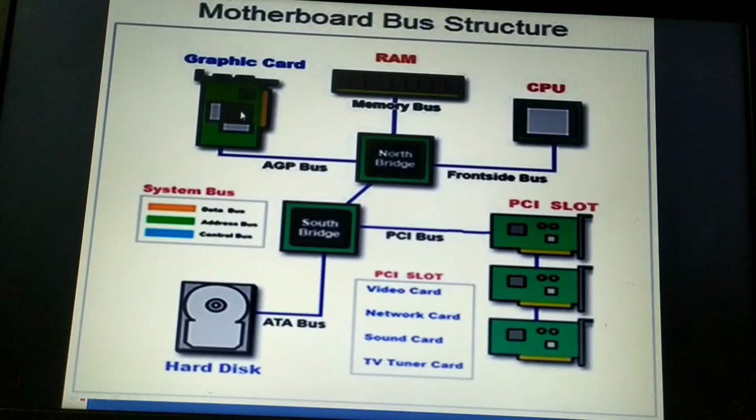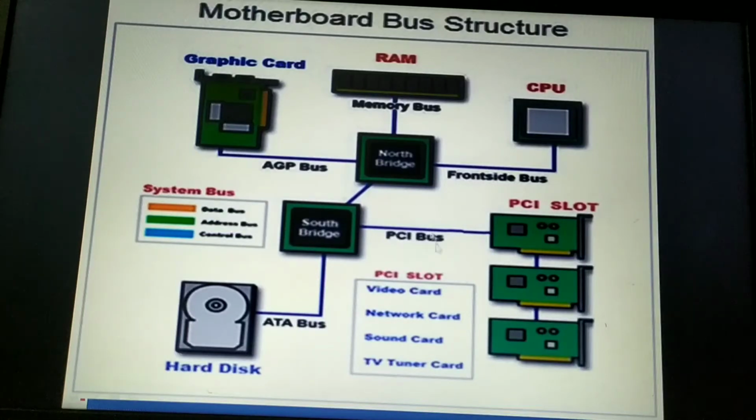This AGP slot is meant to provide faster access to the graphics accelerator card, thus enhancing the visual experience for the user. This AGP was designed by Intel.